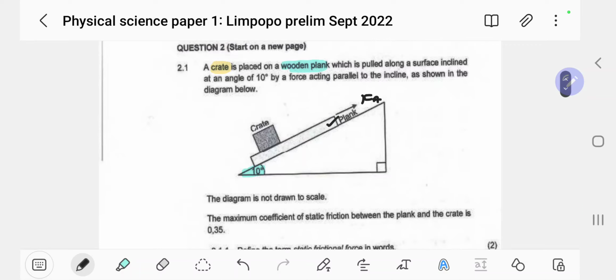Is there anything more? Not necessarily, but now let's analyze this diagram. What are the possibilities? From when we were small. Okay, why do I say we? Because you guys are smaller than me, and come on, cannot be a we kind of situation. When you were little, you were able to put a box on a paper. When you pull slowly, that paper would move with the box nicely, right? But if you pull the paper fast, the box may actually be dropped or may even be left behind.